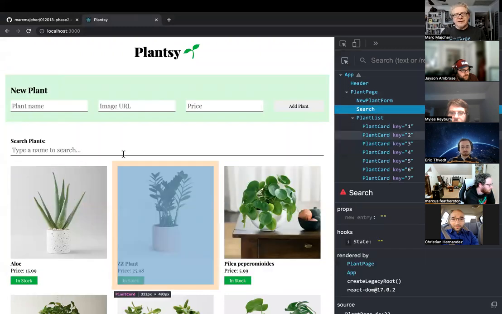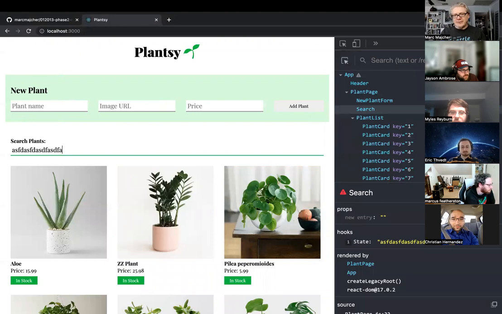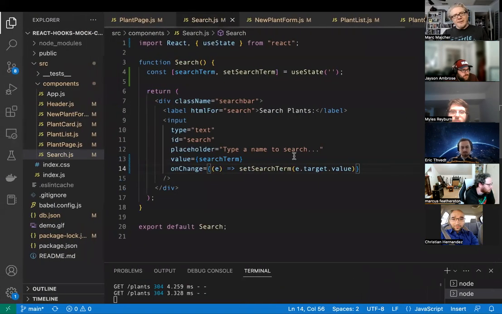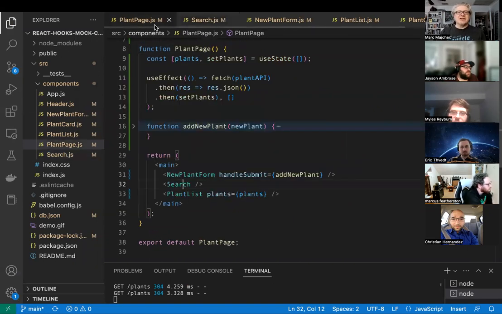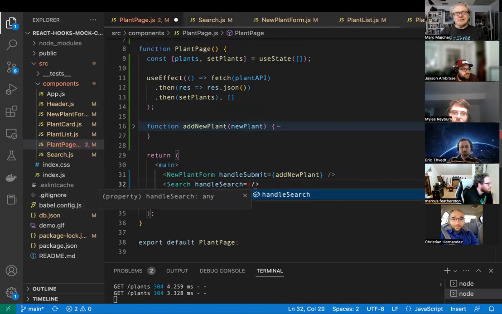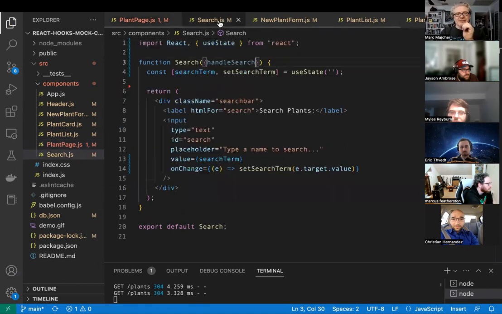Great. So ideally, if I look at it in here, here's our search, nothing in there, type, and the search should show up. Great. Does not do anything now because we need it to pass that variable back up, I guess. So I'm just going to say handle search. Yeah, look at that. Handle search. So that's a function I'm going to pass down. And I'm going to make a new function called, well, I don't think I'm going to need to, right? Because it's going to, let me review this for a second here. Search is going to be,